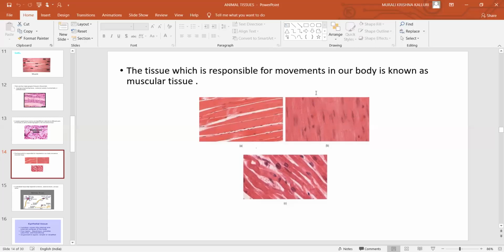Where is it present, ma'am? The muscular tissue is present in